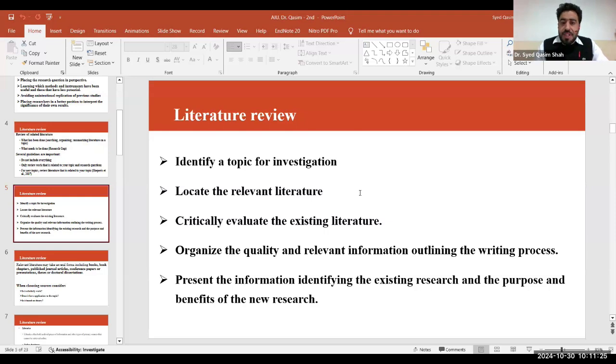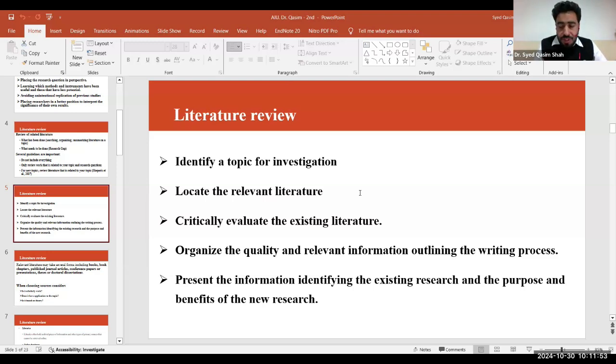And then we present the information in a way that identifies the existing research and the purpose and benefits of the new research. So this is the core of whatever literature review we have done. We are identifying the information about existing research, what has already been done, and what is the purpose and benefit of this research. So simply putting this, we are interested in how we are contributing something,